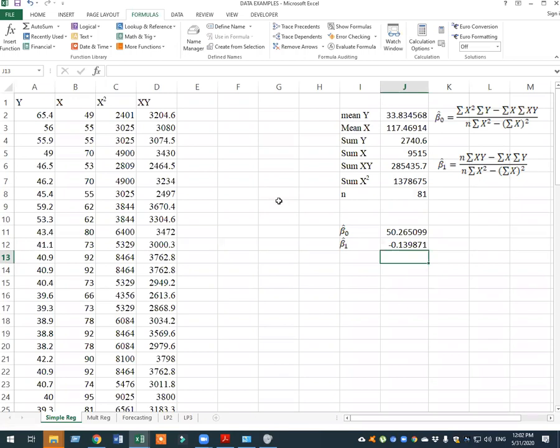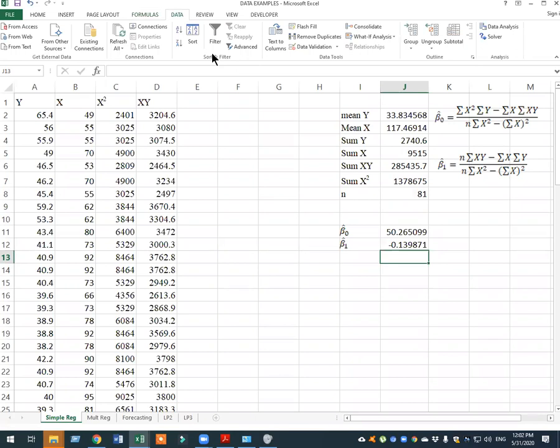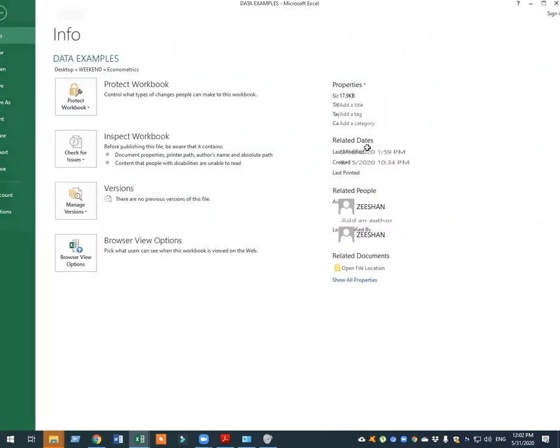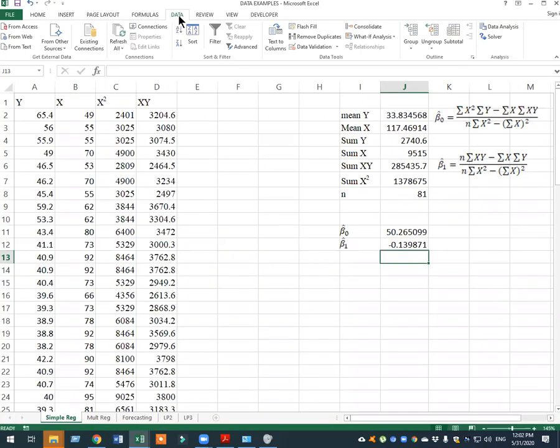And through Excel, I'll be going to the data. Same values I want to calculate through the software. I'm going to data. I'm having this data analysis. If you do not have the data analysis tab in the data, you can just go to the option again. I'm doing it again slowly. If in the data menu you are not seeing the data analysis, then go to the